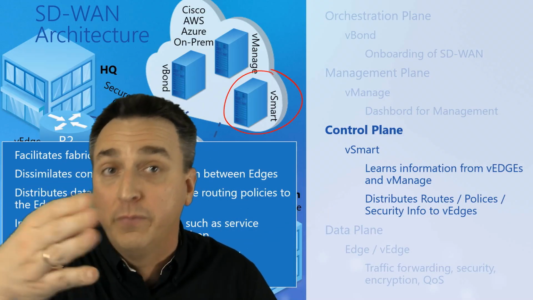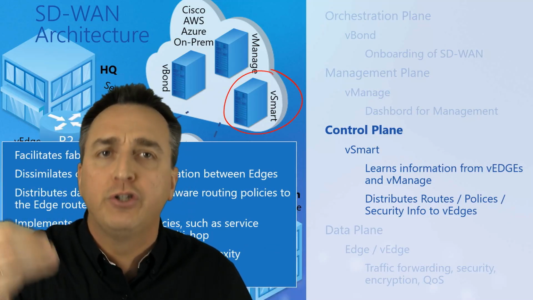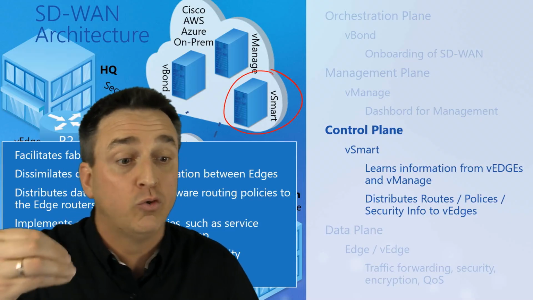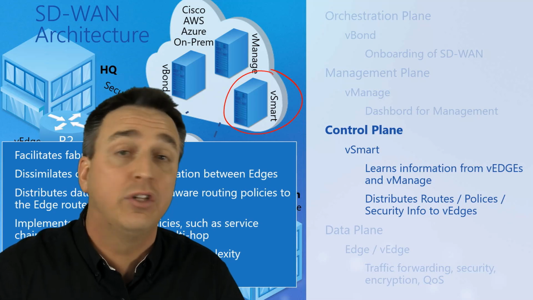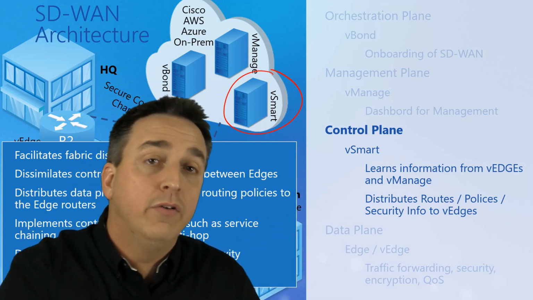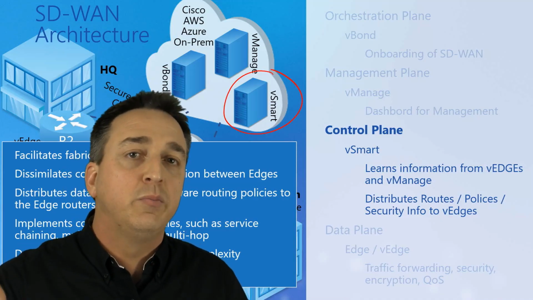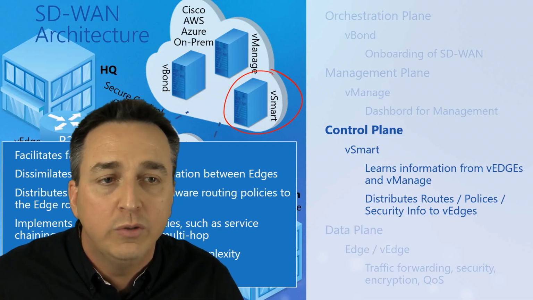So already it's learning from vManage through you, or vManage monitoring statistics and measurements and realizing something's wrong and then telling vSmart dynamically to make a change to the environment. Or vSmart can learn even from the edge devices directly. So that way it can make adjustments or changes on the fly, all depending on how you set it up and how you want to use it.